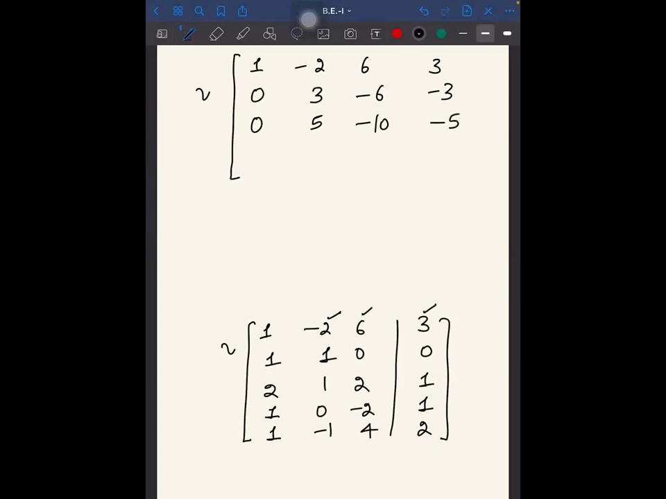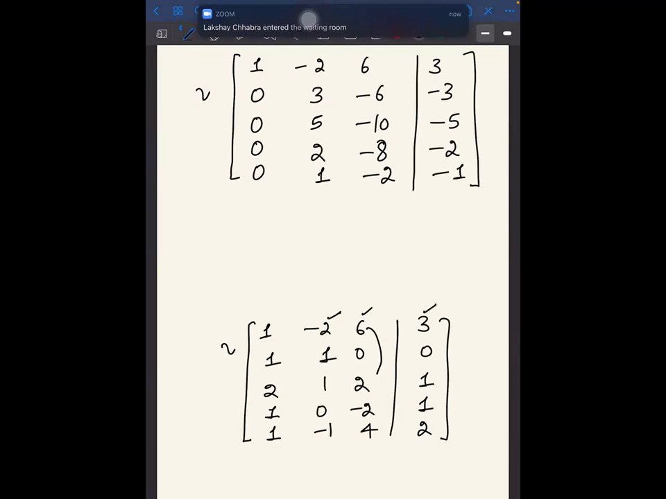2 and subtract, minus 5. Similarly, just a simple subtraction of R4 and R1. So 0, plus 2, minus 8 and then minus 2. Yes, you're with me? And then again 0, 1, minus 2, and then you subtract it, it becomes minus 1. Yes, are you with me? Yes, sir. Okay, so now if you see this,